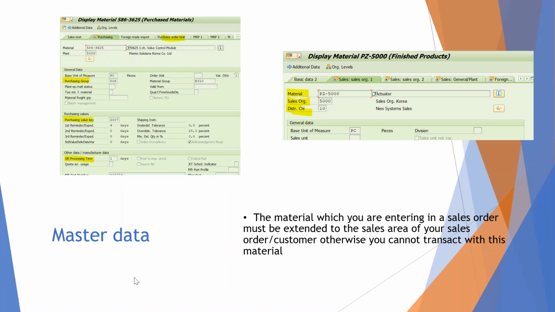Like a purchase order, as an MM consultant you're not going to create or be involved in creating the sales order. Everything will be handled by SD people only, but you must have knowledge of what is actually happening on the SD side, so that you understand what your role is and where you need to integrate SD with MM. That is why we scheduled this session.